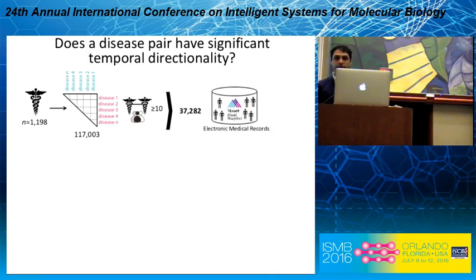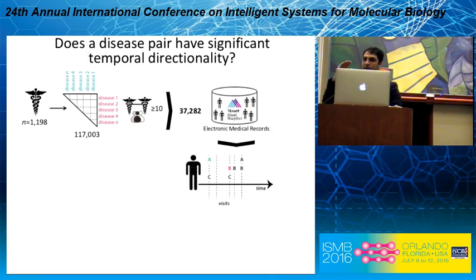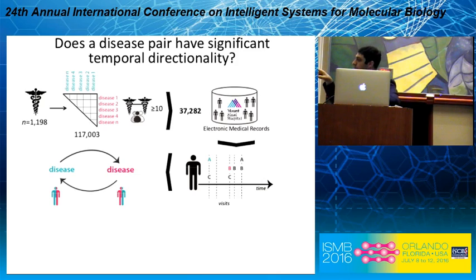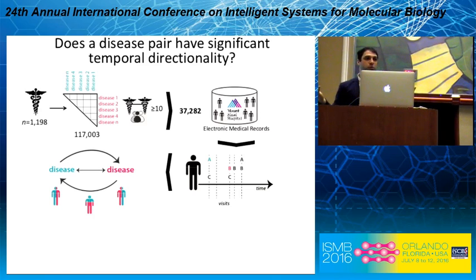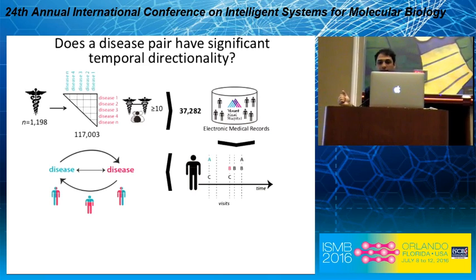So after that filtering step, we were left with 37,000 disease pairs. Then we went into the records of these people, and in their timeline of visits, we took the earliest indication of that disease, and we counted simply how many people have disease A before disease B, as we can see in this depiction here, or disease B before disease A, or they could be coming up at the same time. And this could be organic, where two diseases are manifesting in close proximity, or it can be an artifact where someone is coming into the hospital later after presenting with both diseases, and they've had it for years, and this is just a limitation of the data.